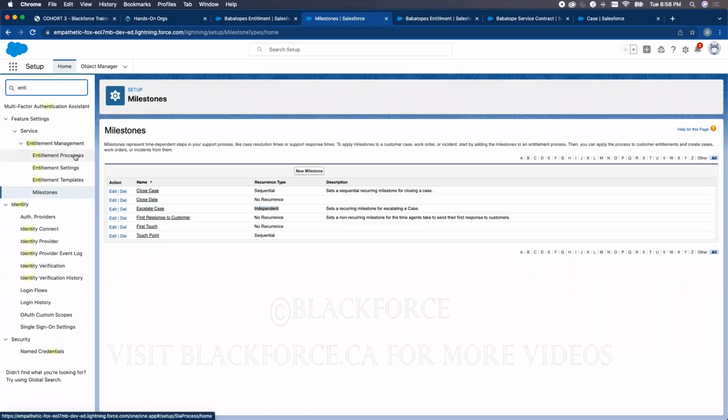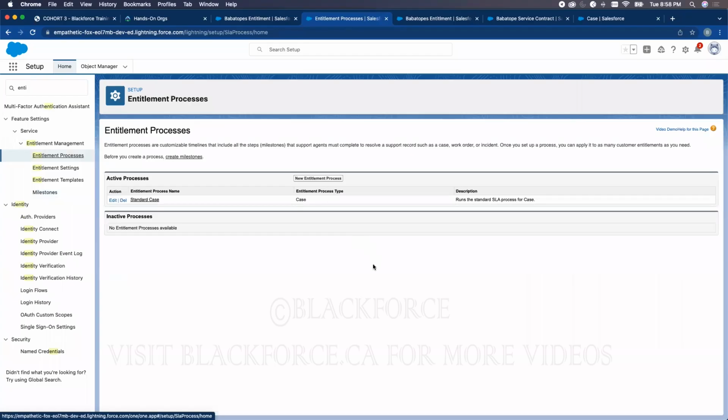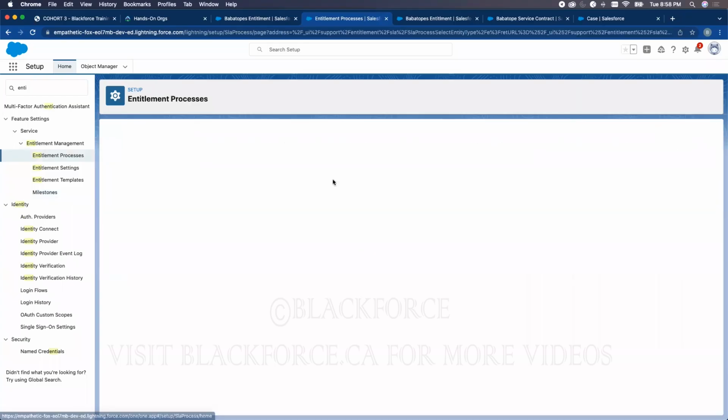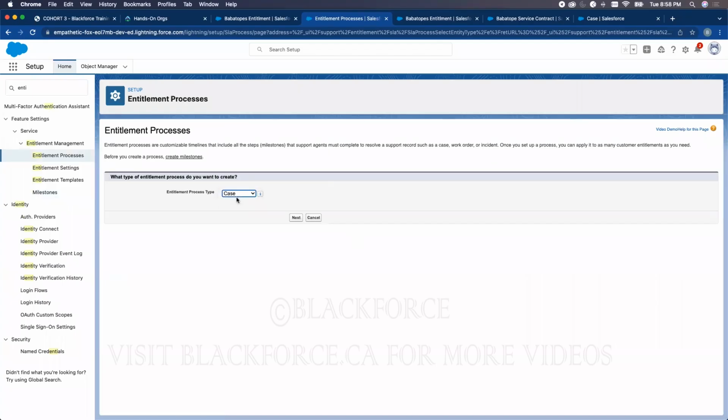and create what we call entitlement process. We want to kickstart an entitlement. I call it, it's on the case entitlement. So entitlement processes are customizable timelines that include all the steps, the milestones that we've created, that the support agent must complete to resolve a case,